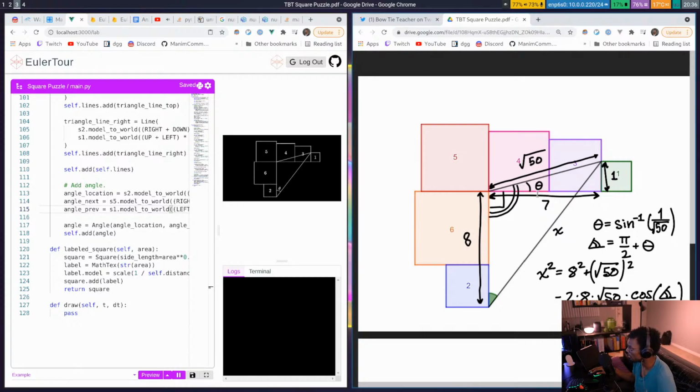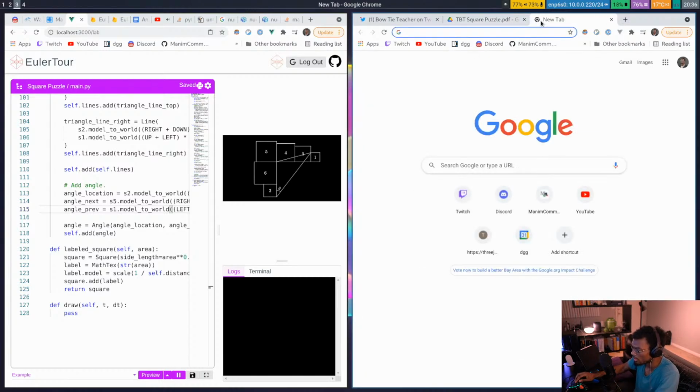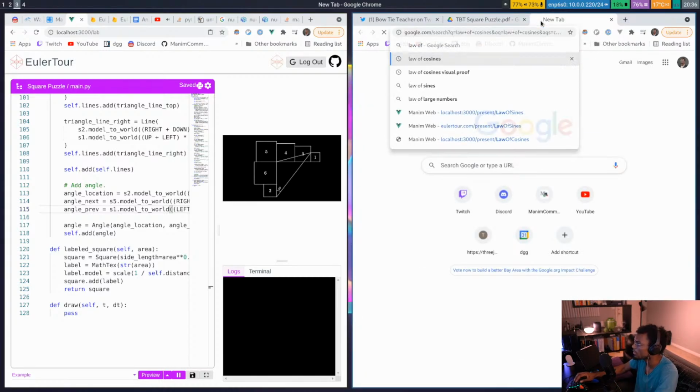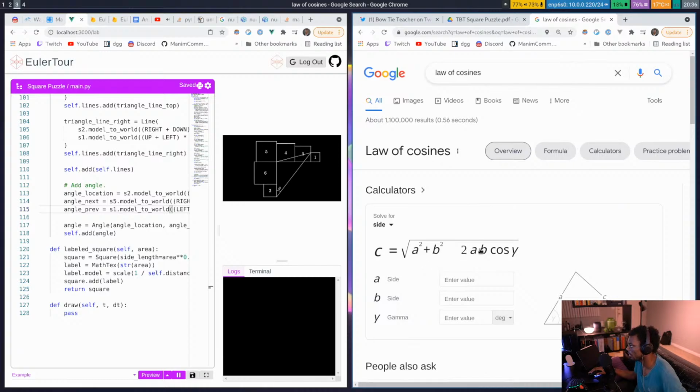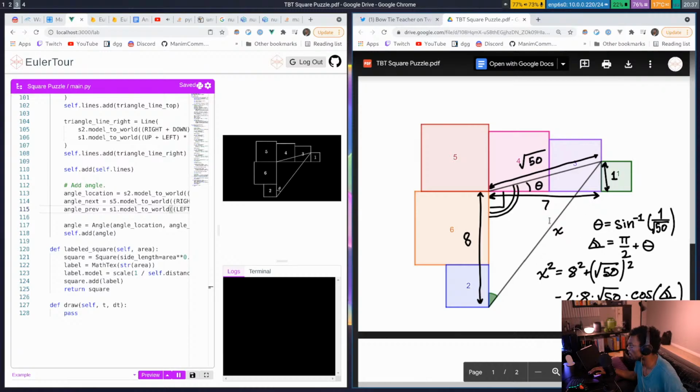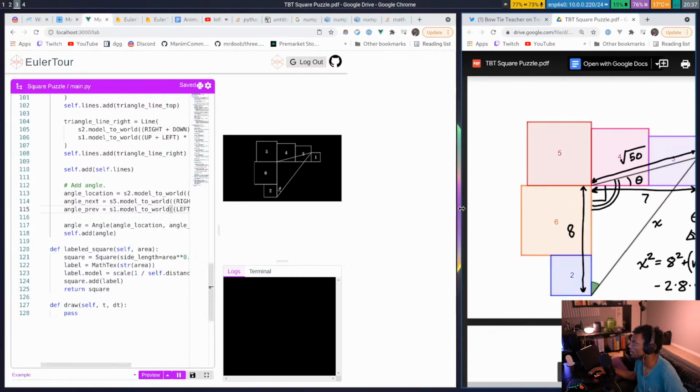Do a squared plus b squared minus 2ab cosine c. Make sure I got the law of sines right, or cosines right. Yeah, I need this. The only angle you need is the angle opposite c. So yeah, that's how I get this. And then I can use law of sines. So